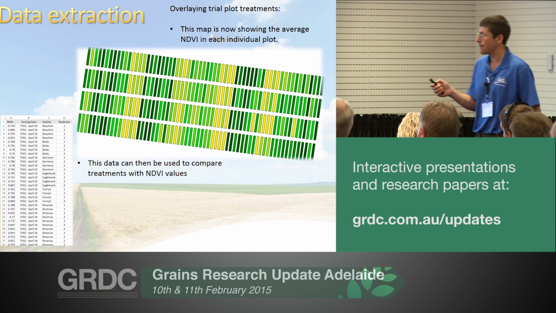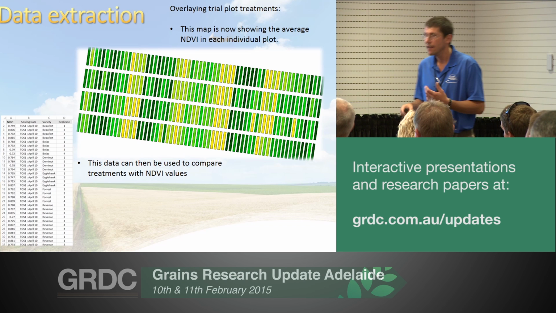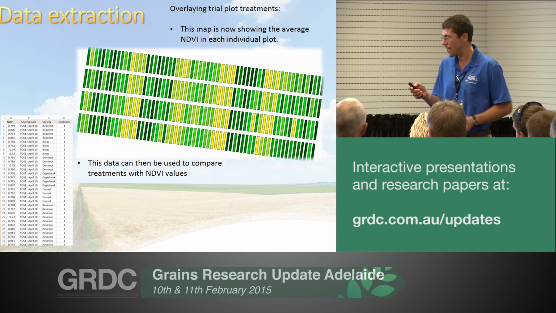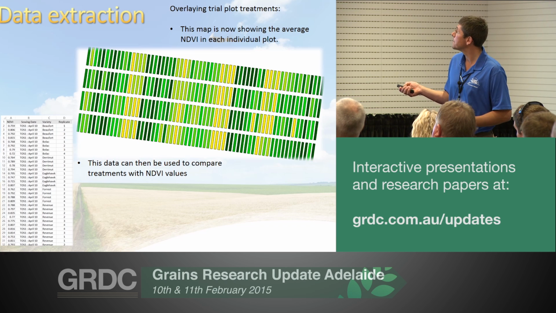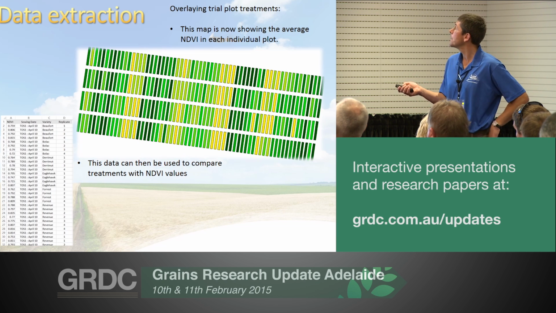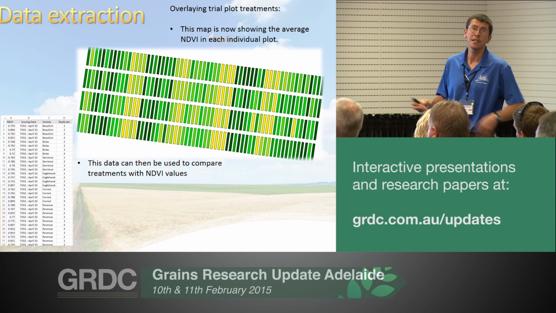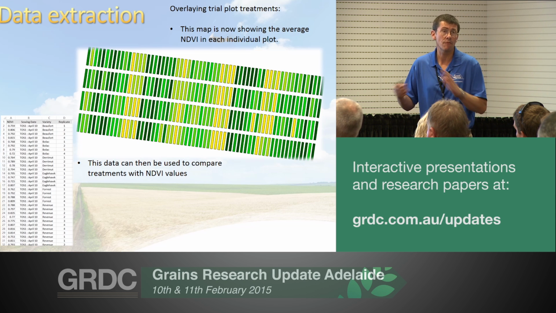Take it one step on from that, because they've got all 2 centimetre accurate RTK on their planter and everything, we've got exactly where the plot boundaries are. So what we've done there is just extracted what the average NDVI is in each one of those plots, which means you can then spit out as an Excel spreadsheet really easily, average NDVI version, your time of sowing, your variety, that sort of thing. So you can get that data for individual plots out really quickly,